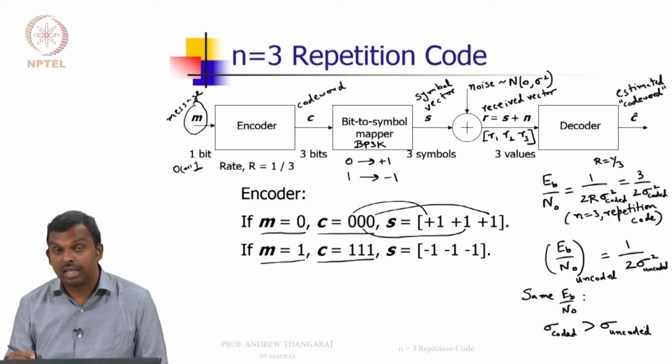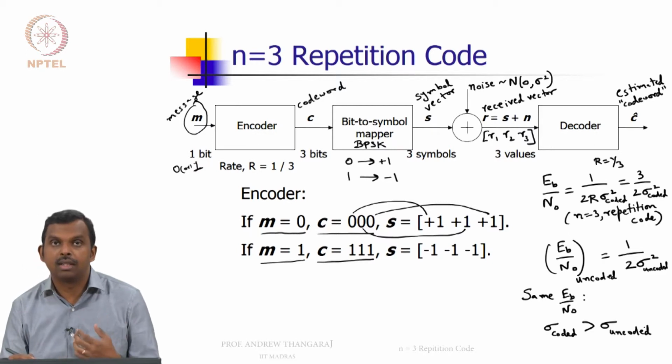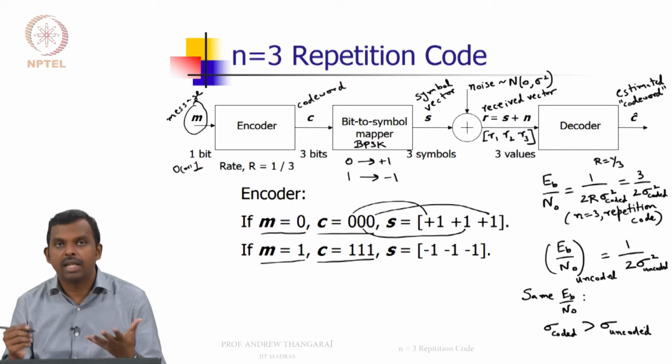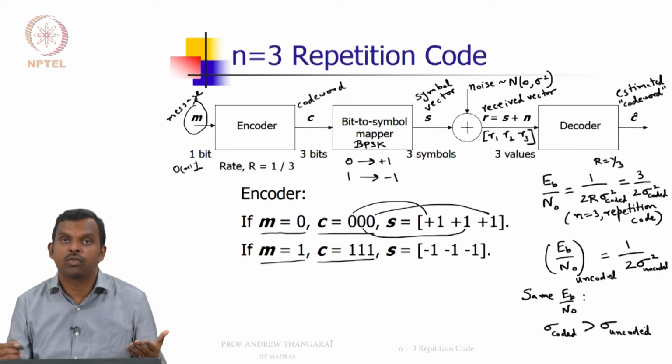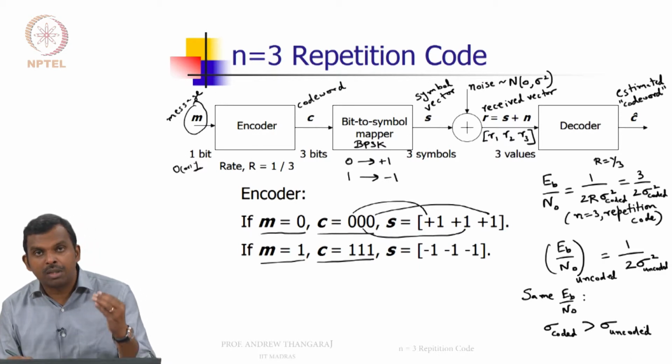Okay. So, now for the same Eb over N naught, in the coded case you will get a worse noise, as in sigma will be larger. Remember, sigma is the standard deviation of the noise. If it goes higher, it means you are facing a higher level of noise. Okay. So, now since we are measuring the performance, bit error rate versus Eb over N naught, your code